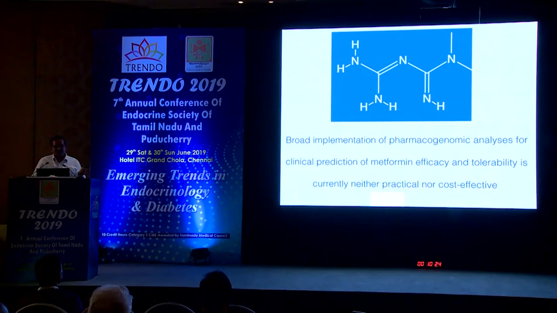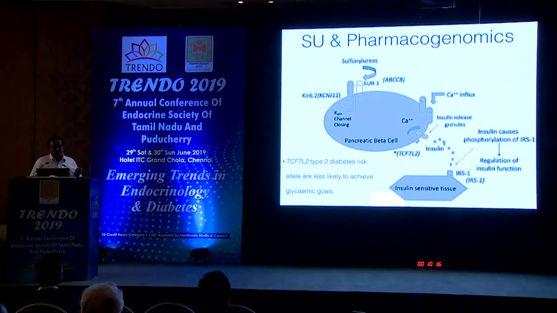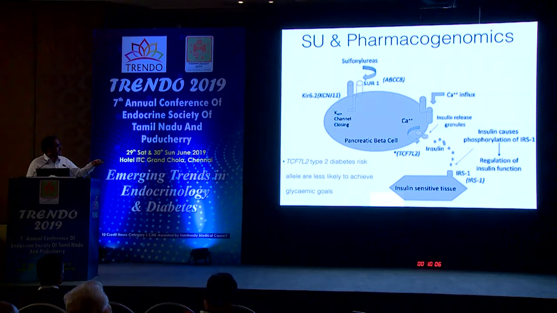So broad implementation of pharmacogenomic analysis for clinical prediction of metformin efficacy and tolerability is not practical, not cost effective. Coming to sulfonylureas, the next most important drug that we use in diabetic practice. As you all know, the sulfonylureas act at the SUR, the sulfonylurea receptor gene, which is closely linked with the KIR 6.2 KCNJ1 channels,